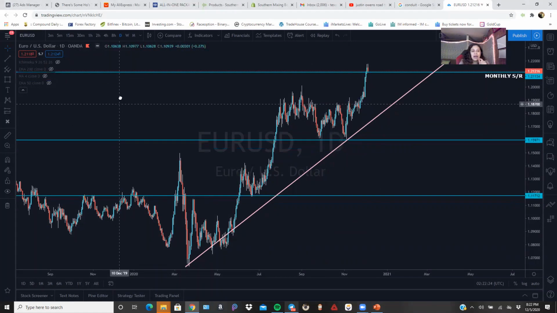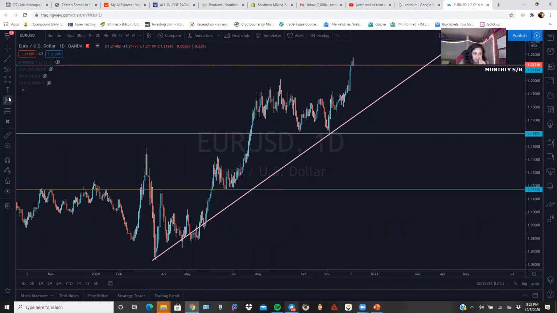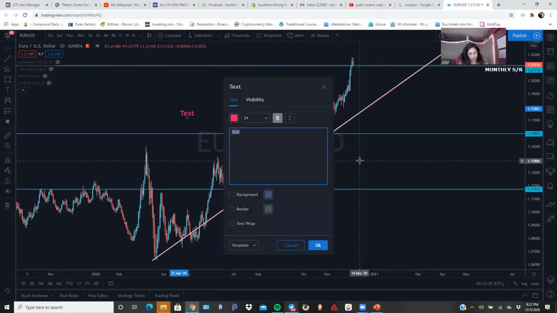So what is higher highs and higher lows, right? So we're going to do HH is higher highs. HL is higher lows. And then LL is lower lows. And then LH is lower highs. All right, bet. So